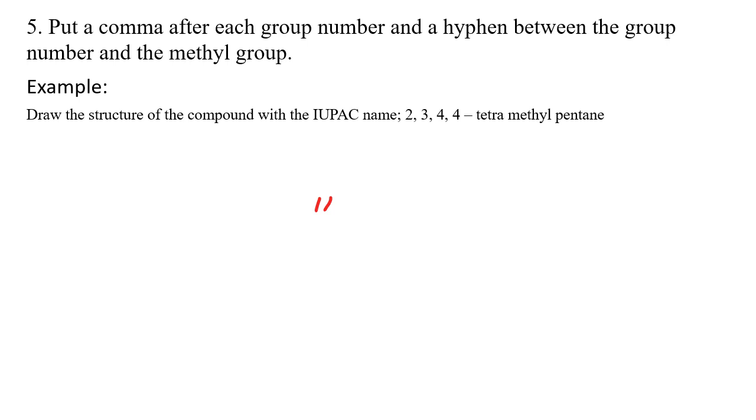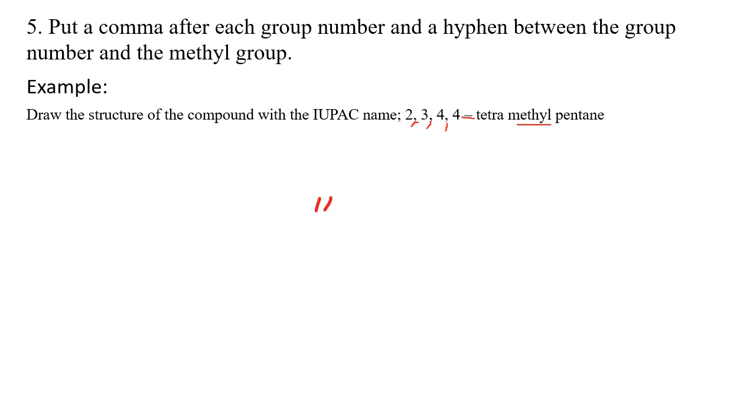to show you something where the fifth rule will actually apply. So put a comma after each group number and a hyphen between the group number and the methyl group. In this case, as you can see, we were putting a comma and a hyphen when naming the methyl group there. So that's what the fifth rule is actually telling us. We put a comma to